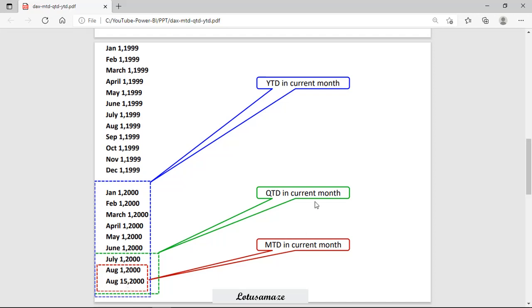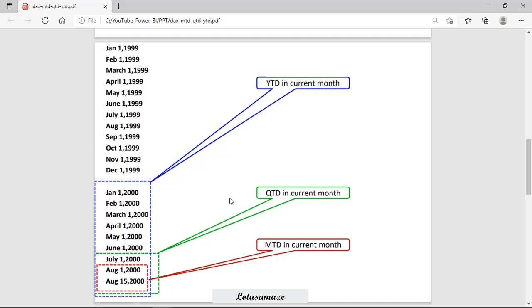Now QTD, in green color, will pick the quarterly dates. In the current year, January to March is the first quarter, April to June the second quarter, and July to September the third quarter, and there are no further dates.